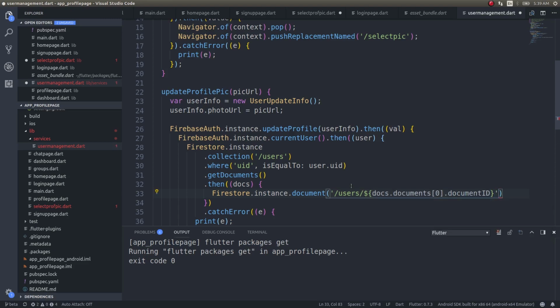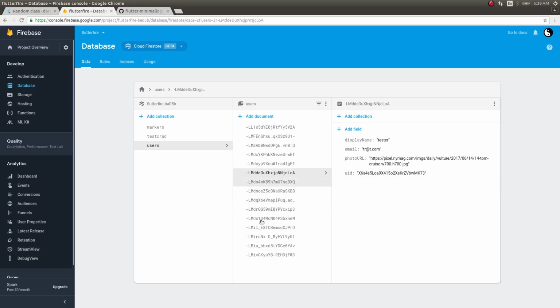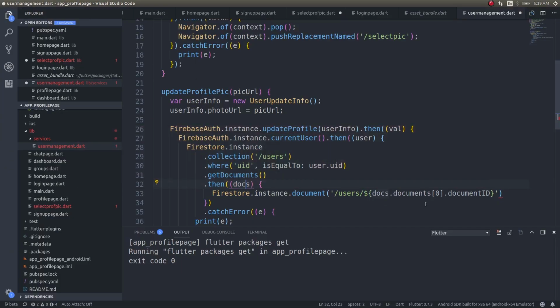So I can exactly pinpoint the particular document using the document ID from this returned result. The document ID is nothing but this ID. Okay, I can exactly pick the particular document that I want to update without looking into other documents, and then go ahead and straight away update that particular document, right? That's the beauty of NoSQL databases. We'll talk about that in a separate video, maybe. Photo URL, picture URL dot then